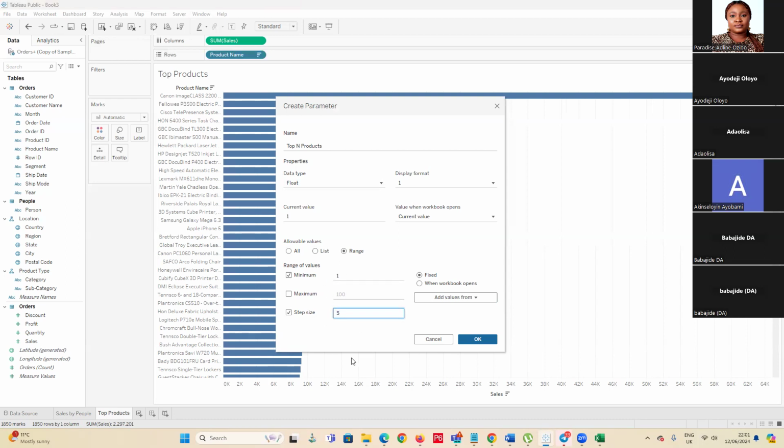Do you understand? So I'll just put 1. If I put 1, it changes from 1 to 2 to 3 to 4, 5, like that. If I put a maximum of 100, we know that it cannot go beyond 100. And things like that. So if I click on OK,